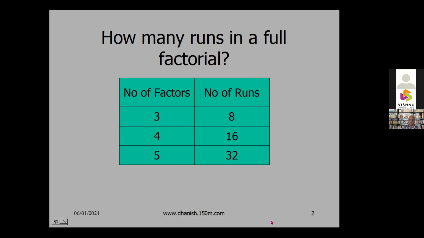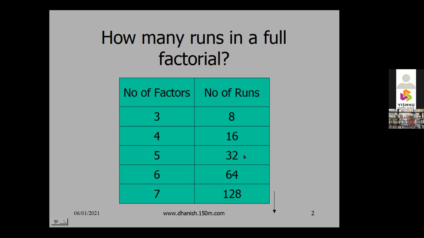Because what happens when the number of runs is more? The quality of our work also will decrease. Cost increases, we have to do so much, we need so much raw material, tools, etc. So because of these things, we are a little reluctant. And if you have 6 factors, 64 runs, definitely we are not going to do that. And if you have 7 factors, 128. So as the number of factors increases, the number of runs required for a full factorial, that means all possible combinations at 2 levels, this is for a 2-level design, increases very fast.